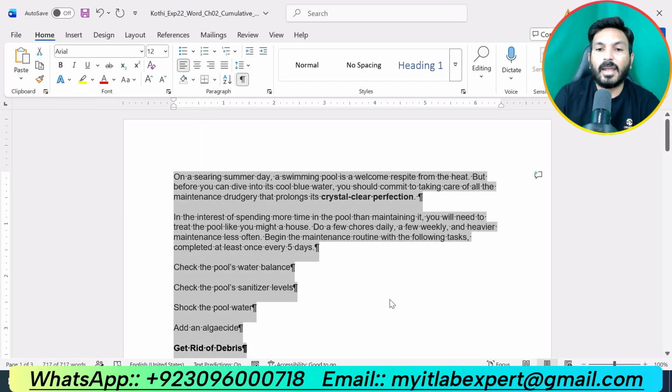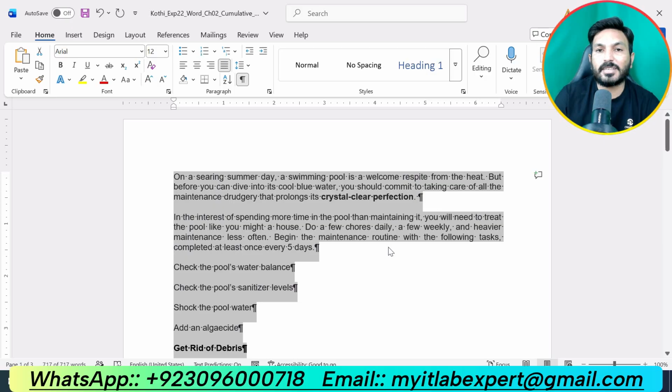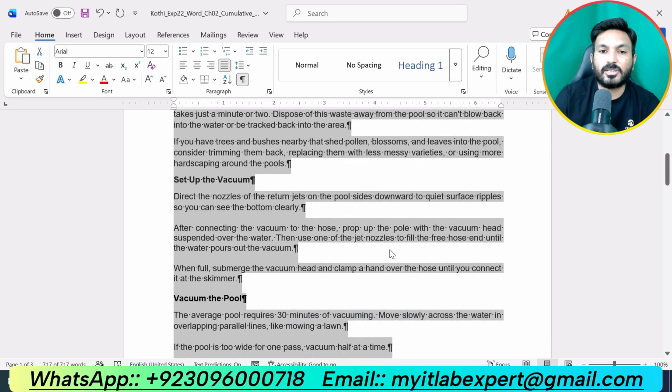Then we are supposed to apply justify alignment. Go to the Home tab and in the paragraph section you can see the different alignment options, and this last one is for justify alignment, so select this one. So we have justified all of the text in this document.